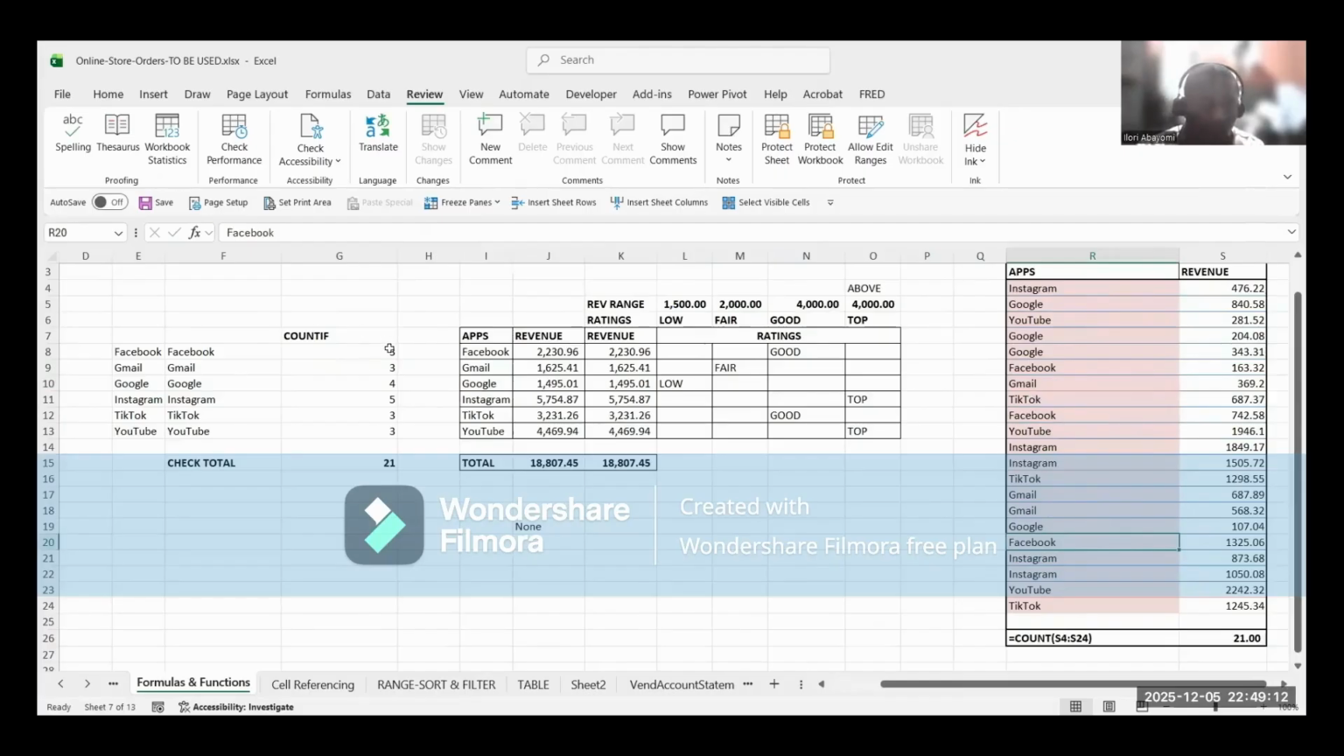Okay. Now, remember that this F8, if I copy down, fine. Okay. Let's delete it so that you can see what I did. So this is the formula I built. So F8, if I copy down, it will come to F9, F10, F11, F12, F13. Okay. And we have YouTube,